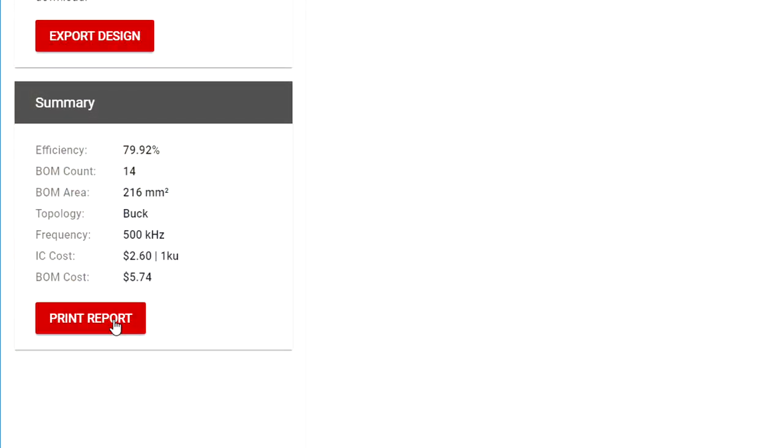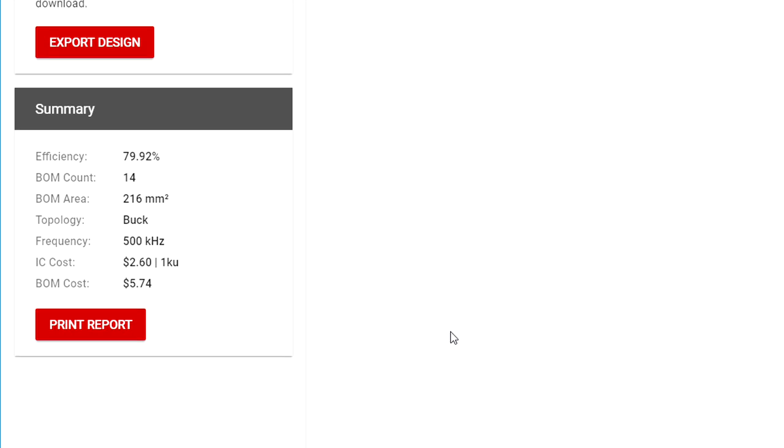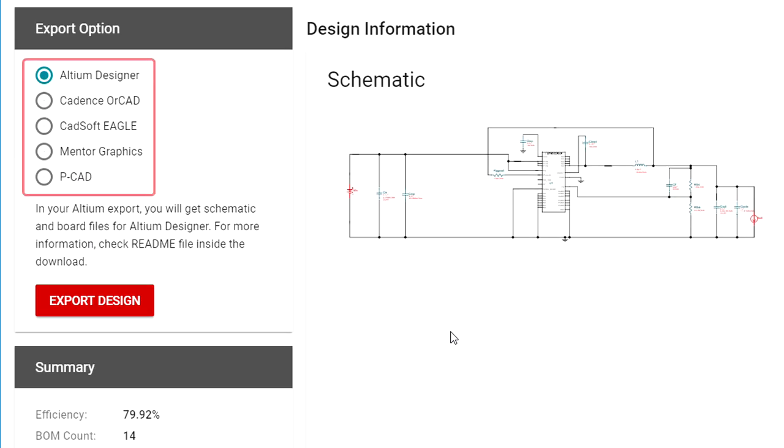You could bring it to your design review. It ends up answering a lot of questions that might arise. Obviously, you can still print the PDF, save it to your drive, and utilize it later. Now, on the top left is our ability to export a design to one of 5 popular CAD tools.